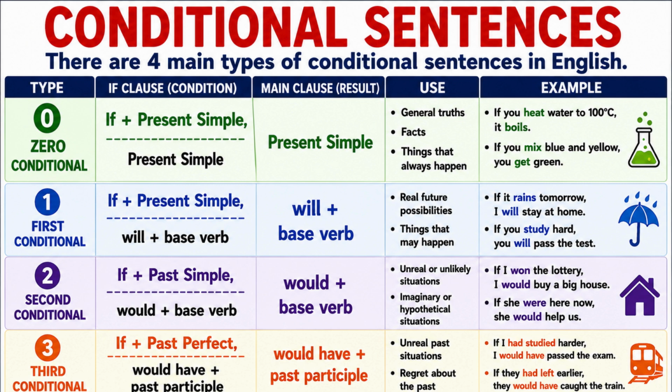Important notes. Use the zero conditional for facts and scientific truths. Use the first conditional for real future possibilities. Use the second conditional for imaginary or unlikely situations. Use the third conditional for regrets and unreal situations in the past. Do not use will after if in the zero or first conditional. In the second conditional, if I were,